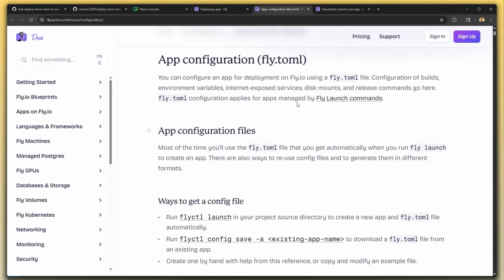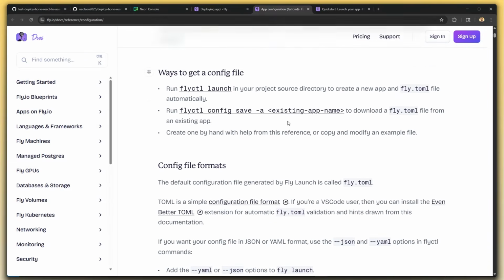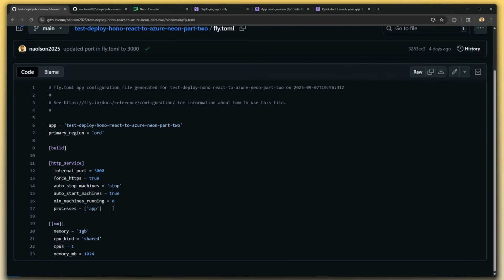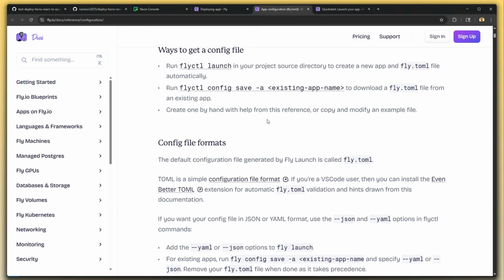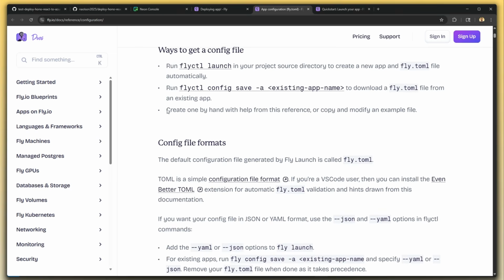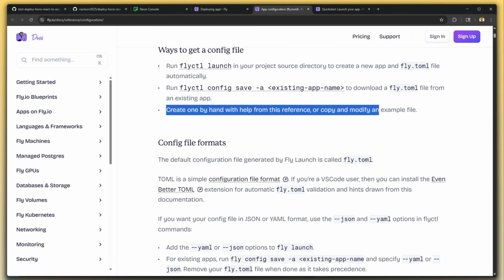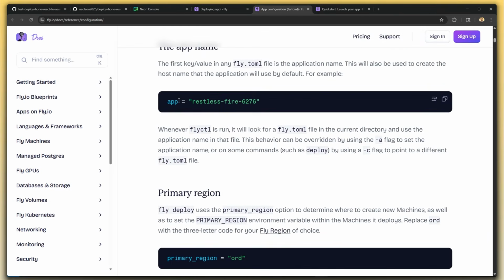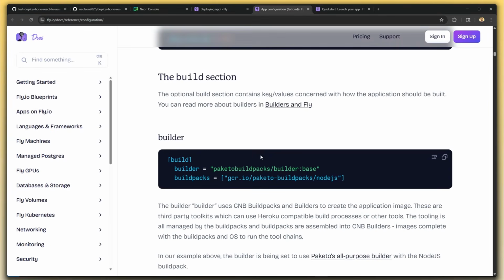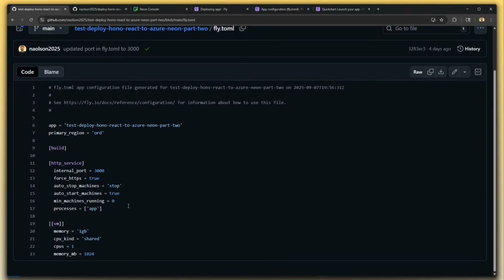Since I can't get the flyctl to install on Windows, I could go down that rabbit hole, but I actually had a successful deployment before, so I have a fly.toml file I can copy paste. If I did not have this file to copy paste, this documentation here with the fly.toml actually does go through creating one by hand with the help from this reference. So I could go down and look at all these different options and fill them out, but to save myself the time, I can copy this here